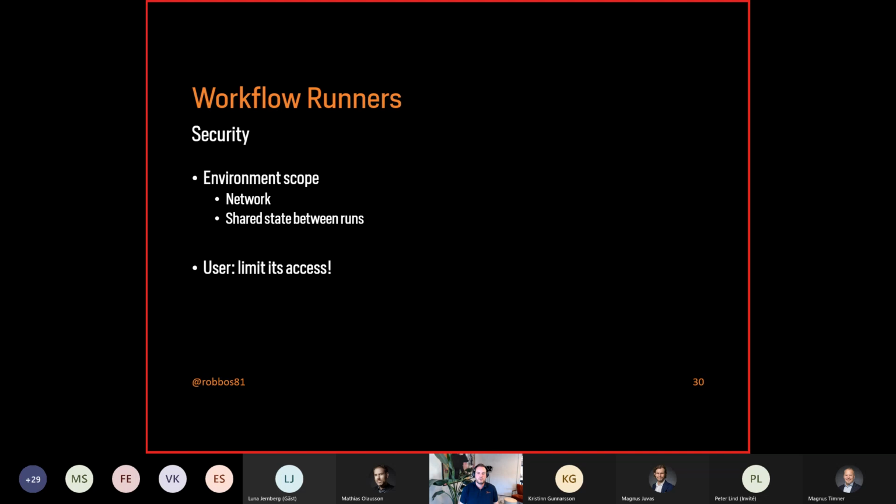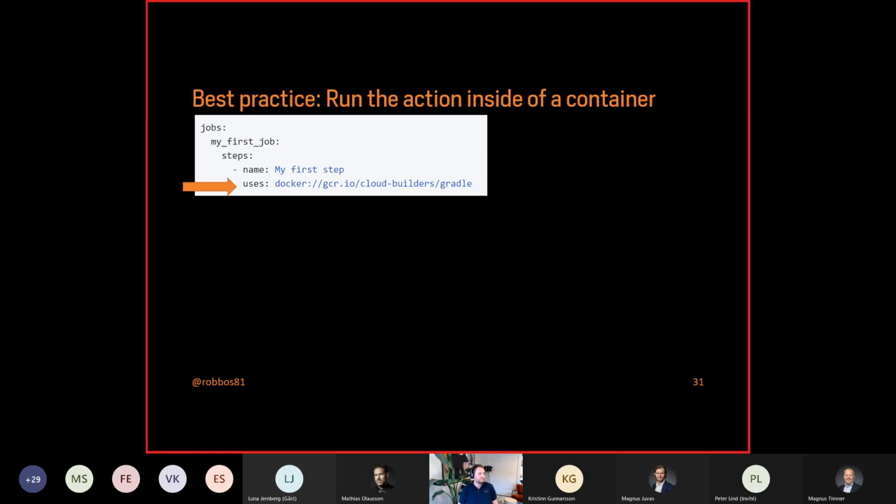Maybe you say, hey, I'm using scripts from a networking disk, hopefully not. And you decide to give that runner access to it. Well, now all of a sudden that runner could potentially traverse your network and do things. So as best practice, keep that in mind and limit down the user that the workflow runner is running on. Make sure that it only has access to the things that it can do, because you're pulling in code from an action repository somewhere that does something for you. Limit it as much as you can.